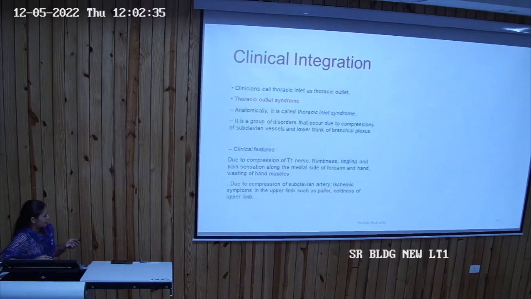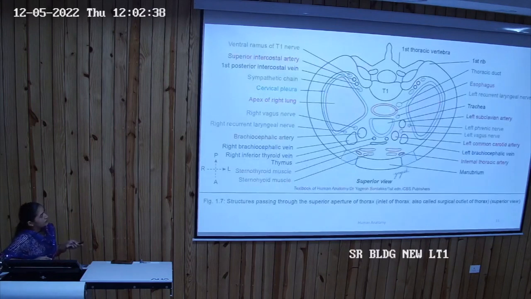You can see these structures here also. So from anterior to posterior, if you go, you will find the muscles. Then you will find the thymus gland, vein. This is trachea, esophagus, and lateral to it, you will find portions of the lung. These are the apex of the lungs.